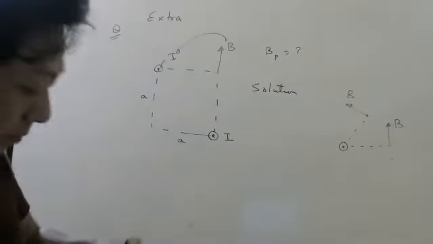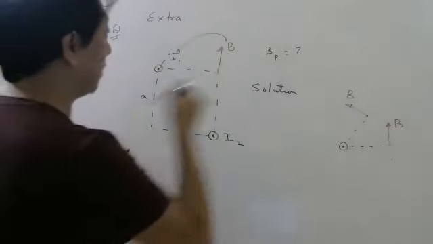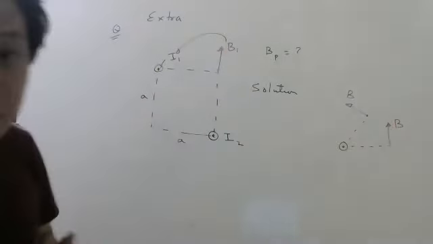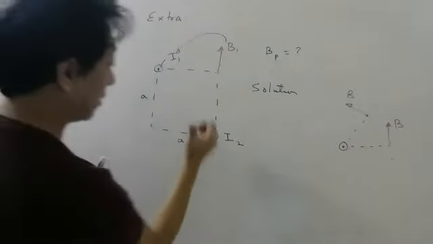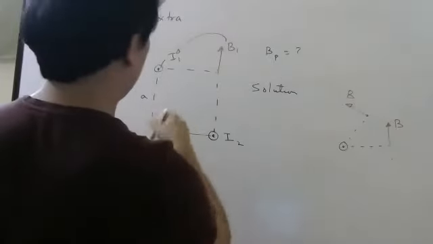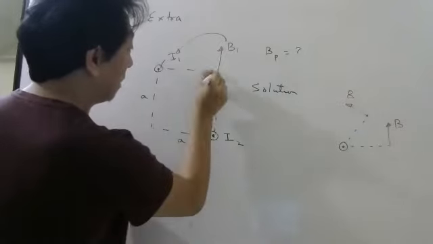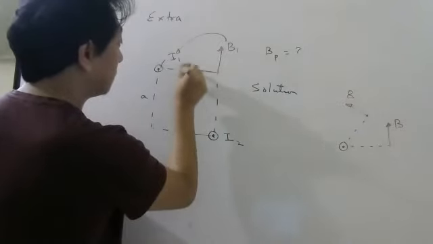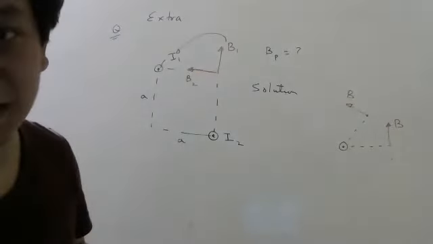So this is the magnetic field due to this. Let me write it as a different one: I1, I2. Then I can write here B1. So B1 is the magnetic field due to I1. Similarly for this, it will be this way, right? At this point, this is the radius for this wire. Magnetic field will be here. So then you can use the vector addition rule, right?